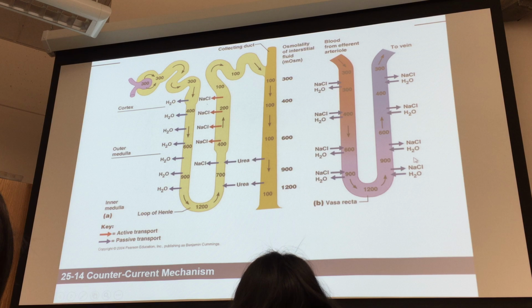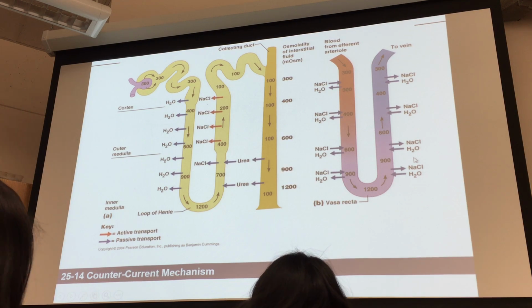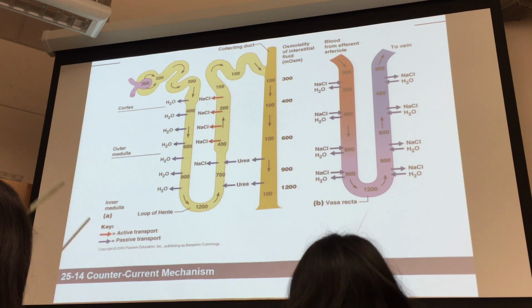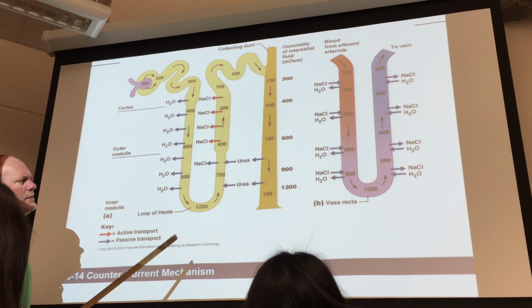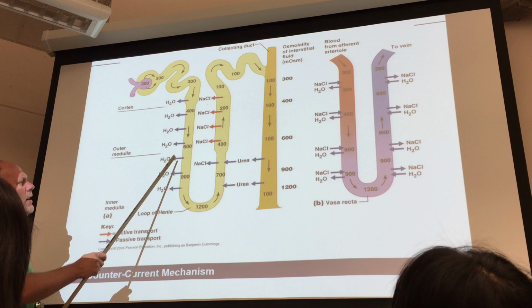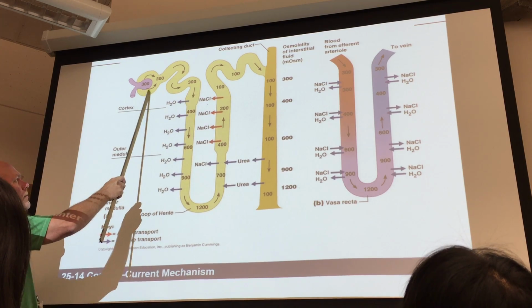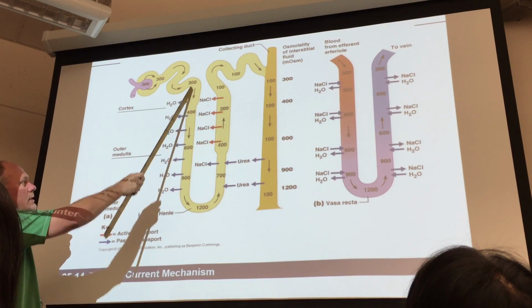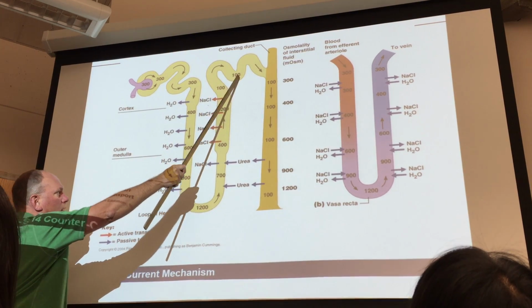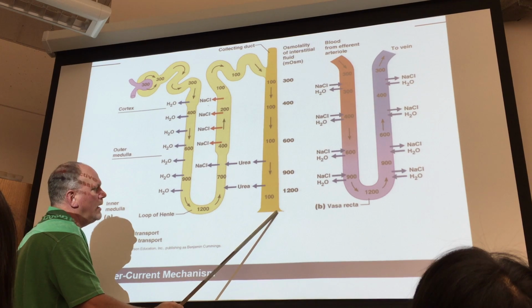Look familiar to you? This is the countercurrent mechanism. I told you that you don't have to know it because all these milliosmolarities of the filtrate moving through are pretty irrelevant. You'd memorize it and forget it, and you should. The only thing I did ask about is do you guys know where we're at? Here's the capsule, PCT, loop of Henle, this is descending, this is ascending, distal convoluted tubule, collecting duct, papillary duct